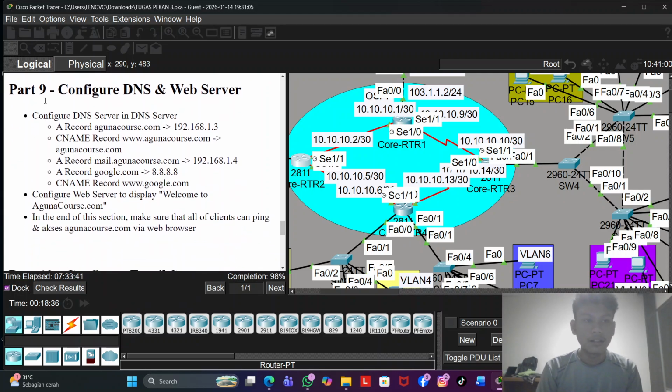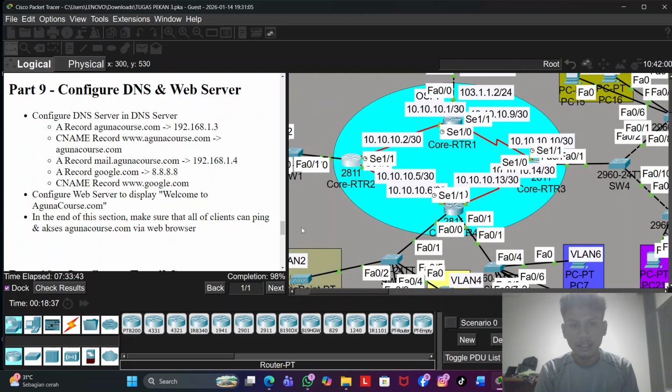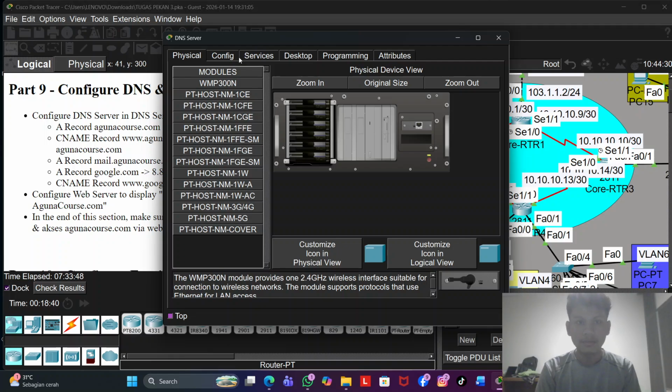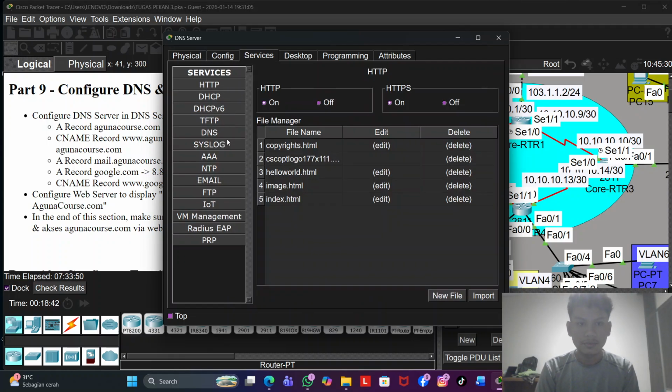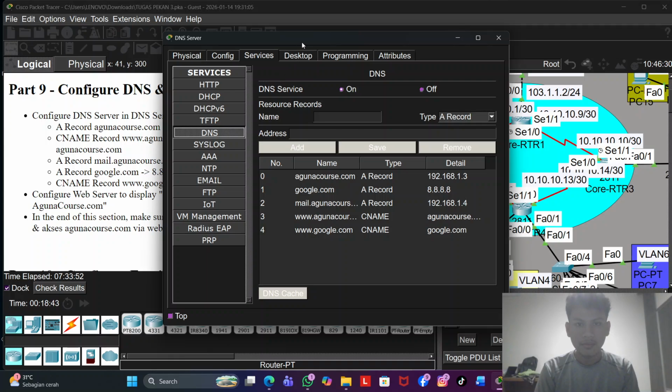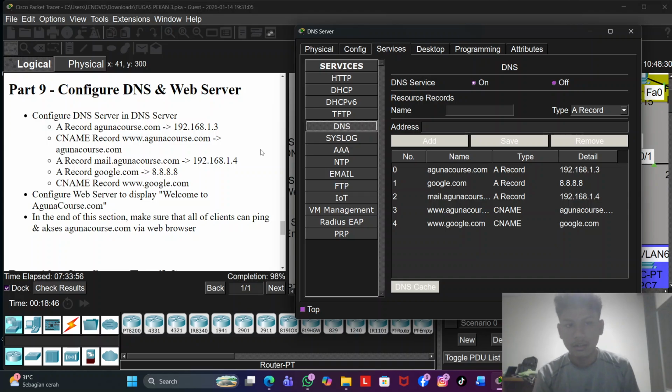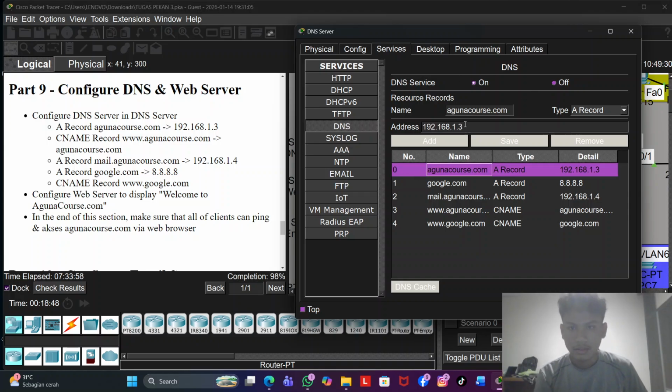Next, the part 9 is configure DNS and web server. So here's the config of DNS. Okay, first I have to config the agunacourse.com. So here's the agunacourse.com and the IP and CNAME.